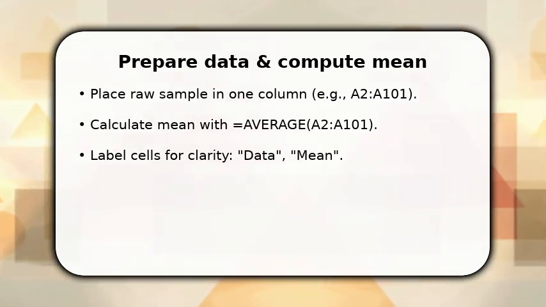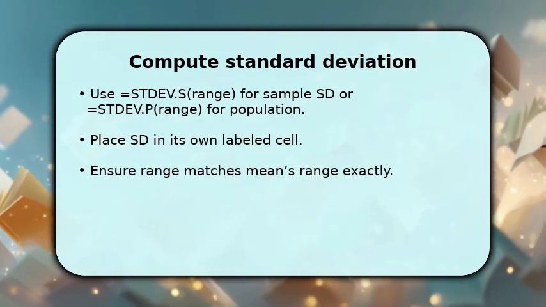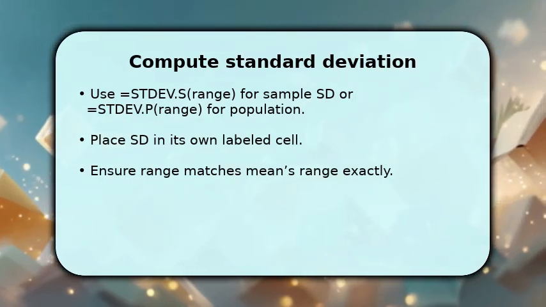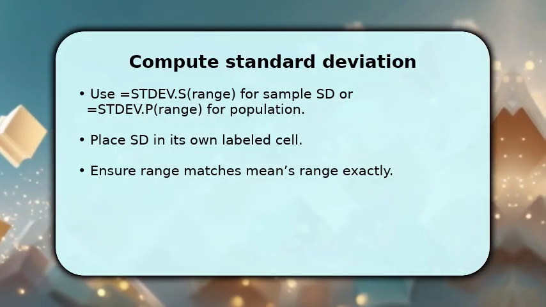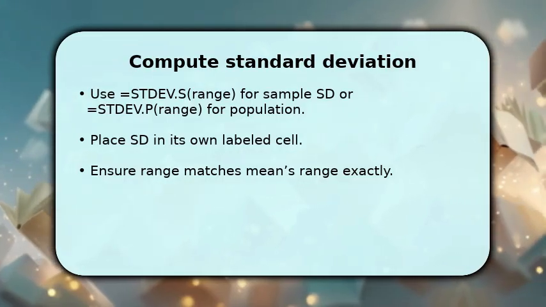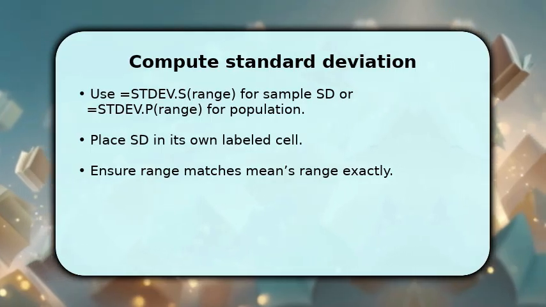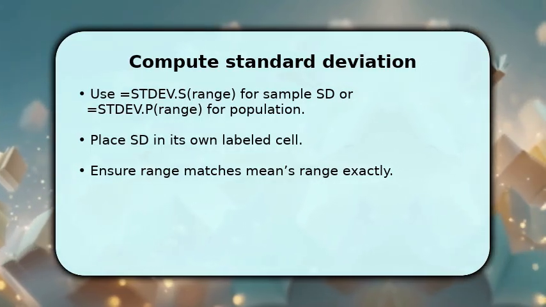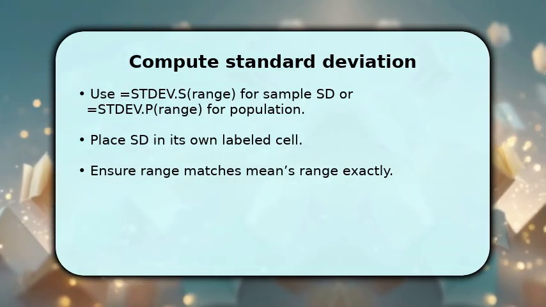Next, you need the spread, the standard deviation. If your values are a sample, use equals STDEV.S range. For a whole population, use equals STDEV.P range. Enter the function in a separate labeled cell and confirm the range matches the one used for the mean. This gives you the divisor for the z formula. Once you have SD, you understand how far typical points fall from the mean, which is essential because z-scores scale